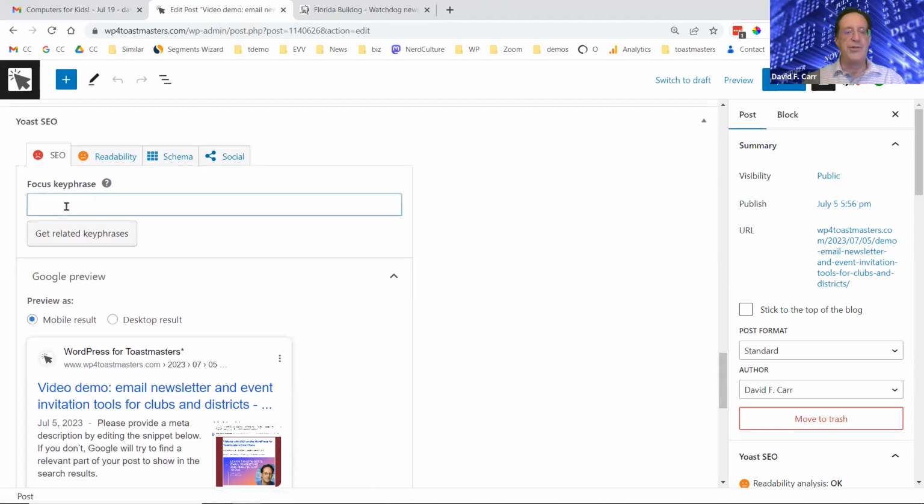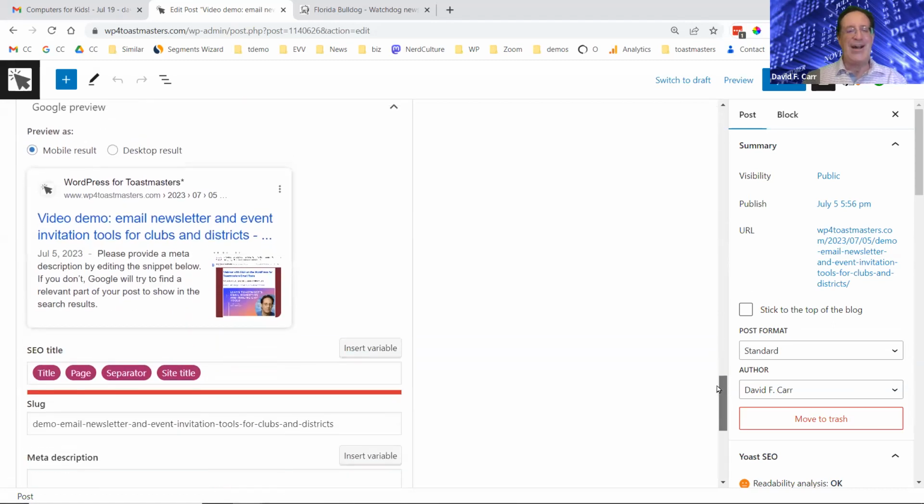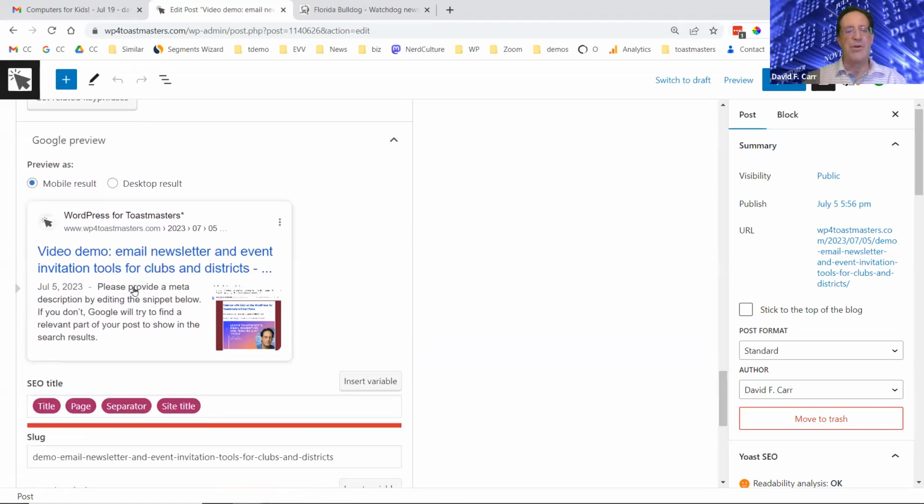What it wants you to do is put in a focus key phrase. And it might be a little bit happier with that. I think it changed from red to orange. And then down here is where I can see a preview of how this would show up in Google search. So that's approximately how it would show up in Google search.